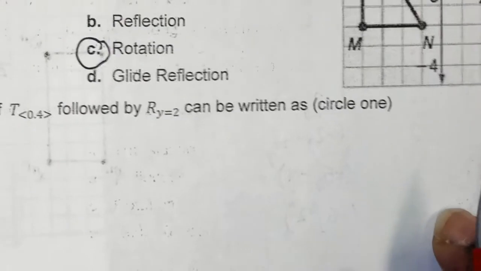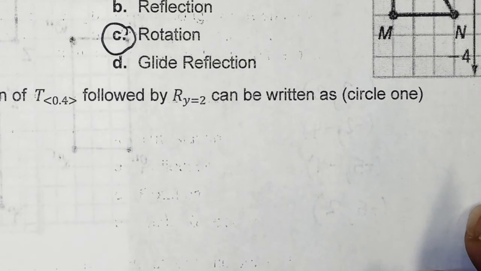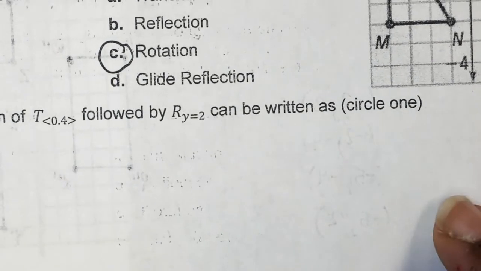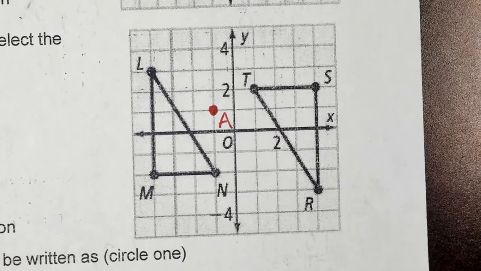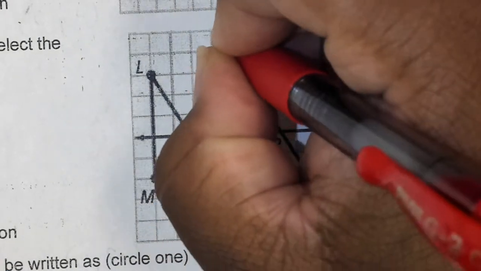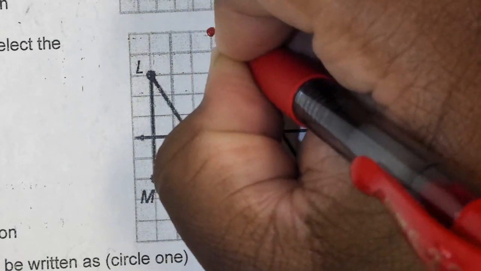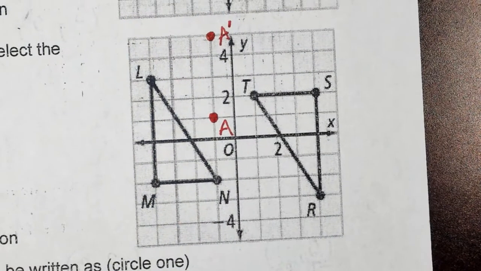Point A, they told me to translate it (0, 4). (0, 4) is how am I moving point A? 4 up. Thank you, Tim. I'm glad you answered another question. So go up 4, that would be A prime. Then after that,